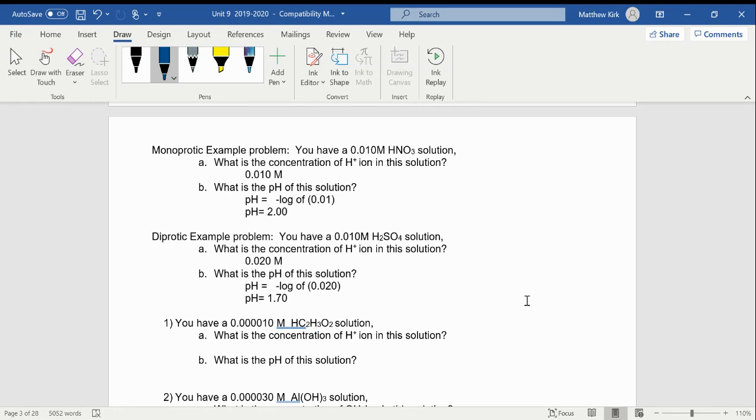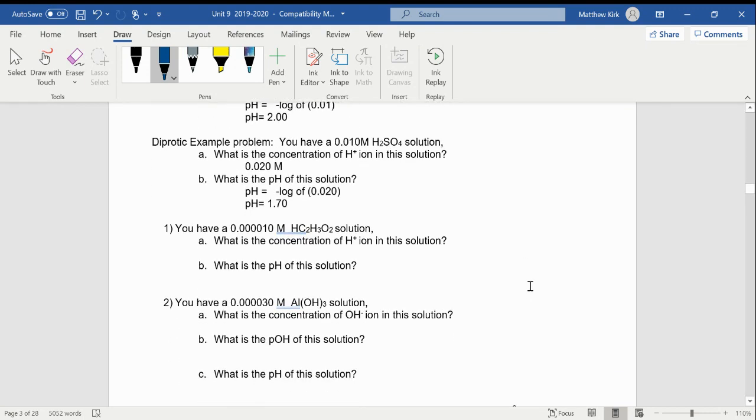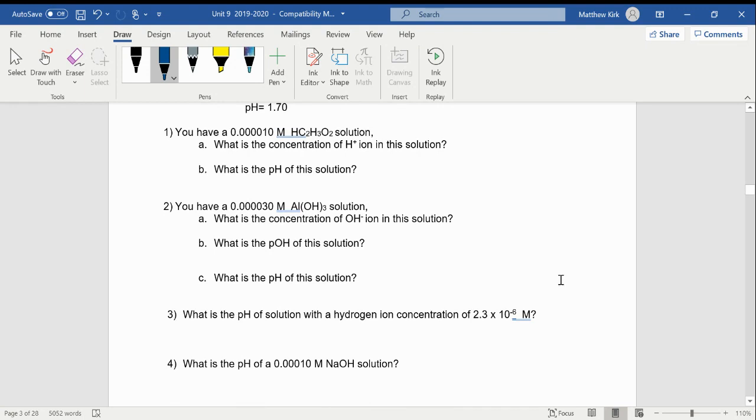Now, I would make sure I know these formulas. You definitely want to know these for calculating pH or finding the concentration of these ions. And what I want to focus on page 8 is actually using these formulas. So, let's get started with number 1. So for number 1 on page 8, we have a